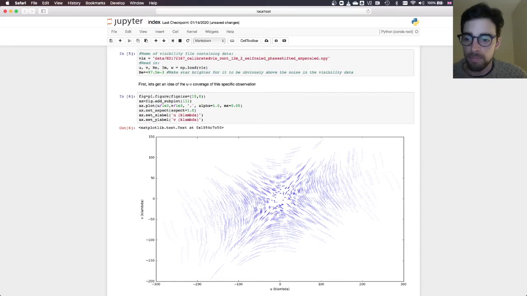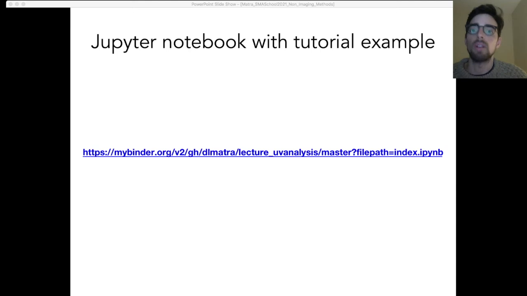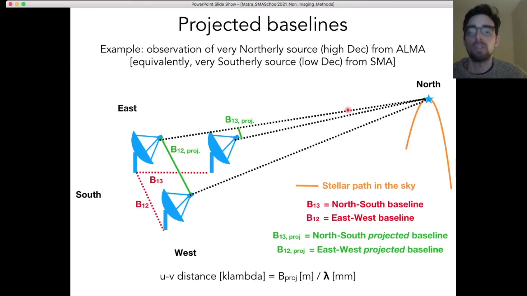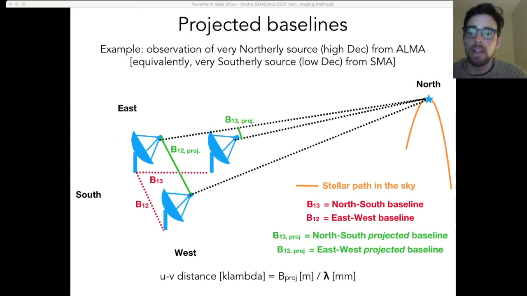So let's see. Okay, so you can find also the Jupyter Notebook at this website where you can run it. Okay, so the reason. Okay, so let's just go back quickly. Yeah, so the reason that the